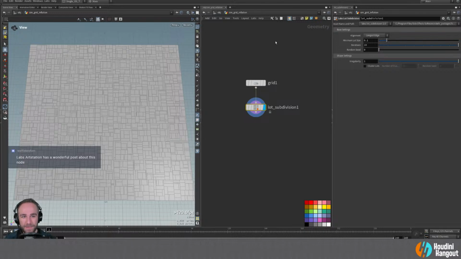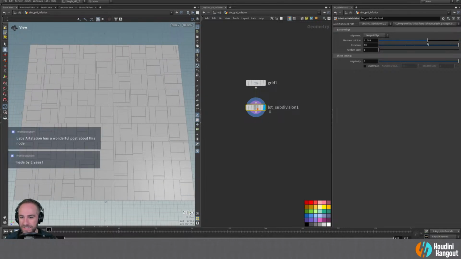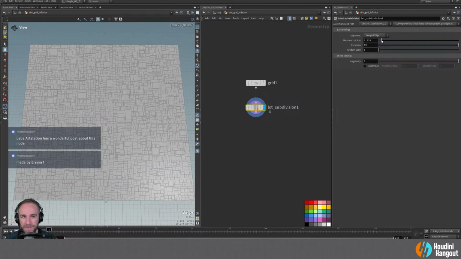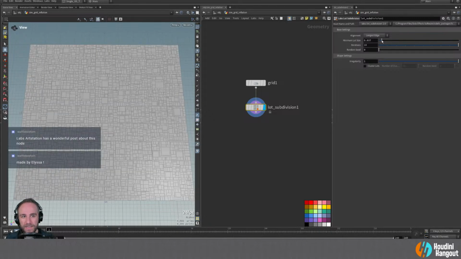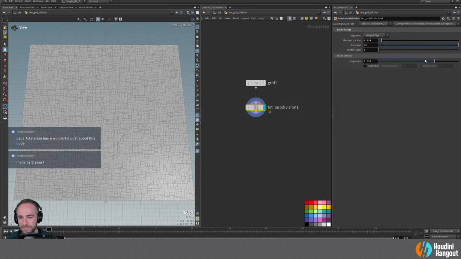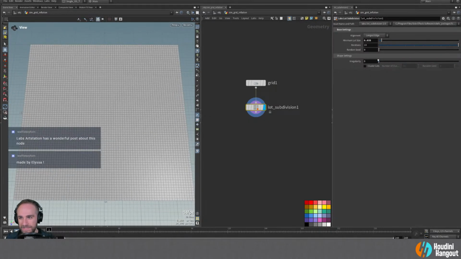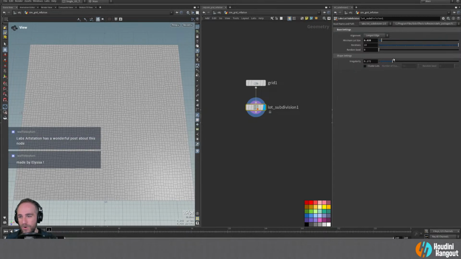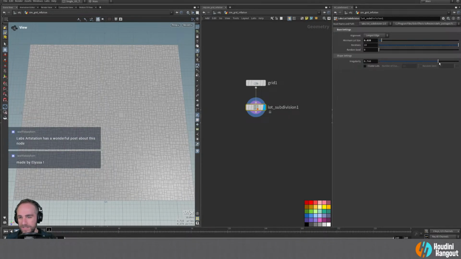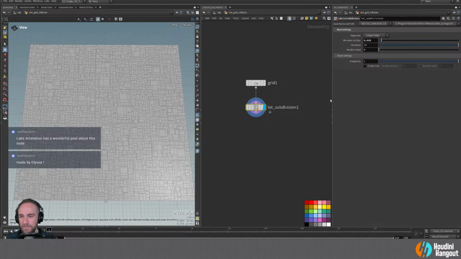But anyways, basically what it does is it allows us to make these random little patterny things, and we can set the irregularity here. So we can make it really regular, so now we've just straight up subdivided. Or if we start doing this, it gets more and more irregular until we get these crazy patterns out of it. You can see there's a noise pattern happening here that's driving it. Some are really big and then there are small ones. So what I wanted to do with this was use it to make some interesting grid patterns. However,